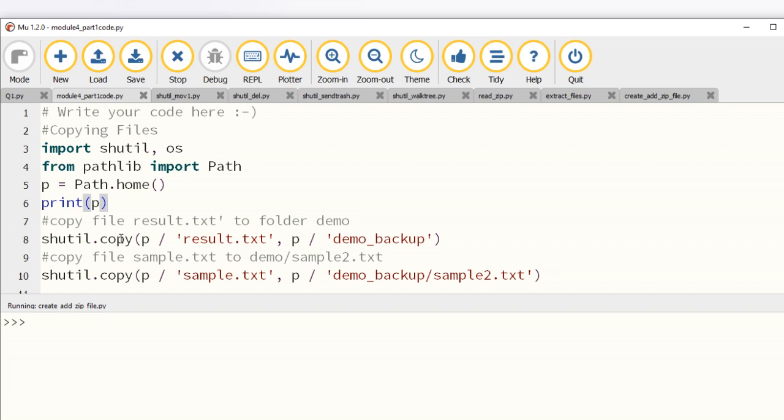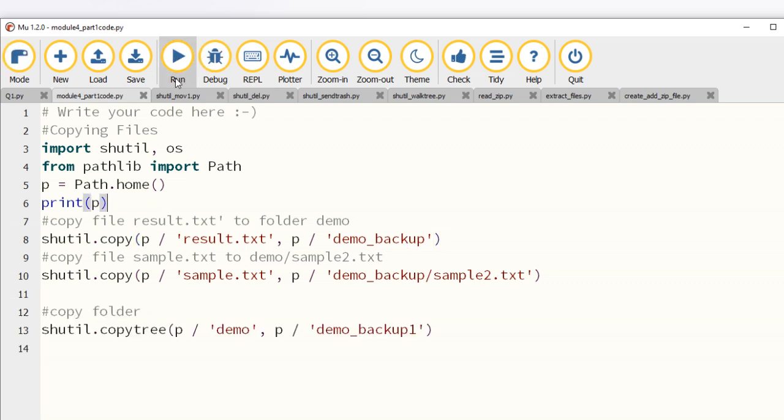Now coming to the first part, shutil.copy. As I told you, shutil.copy will copy a file. The first argument is the source, the second is the destination. So in the path p, I want to copy a file called result.txt into another path, or you can give the same path. In this case I've given the same path, but a different folder called demo_backup. So when I execute this,